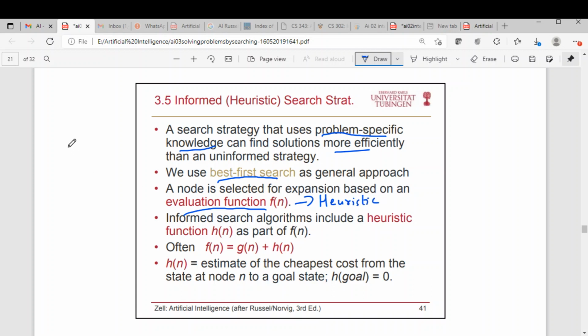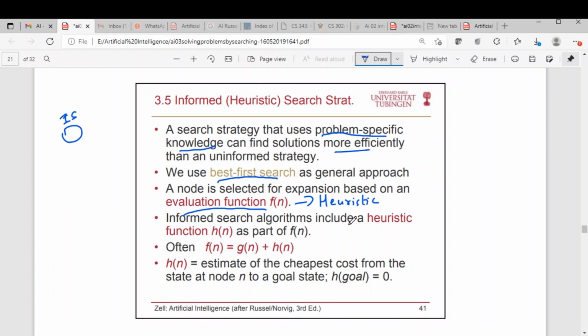Of course, the algorithm will continue starting from the initial state, but in the case of depth first or breadth first, what is the rule? If it is breadth first, you explore all the children in order. If it is depth first, you go depth wise. That is how we explore. But here, the heuristic function or evaluation function will tell which node should be explored next.